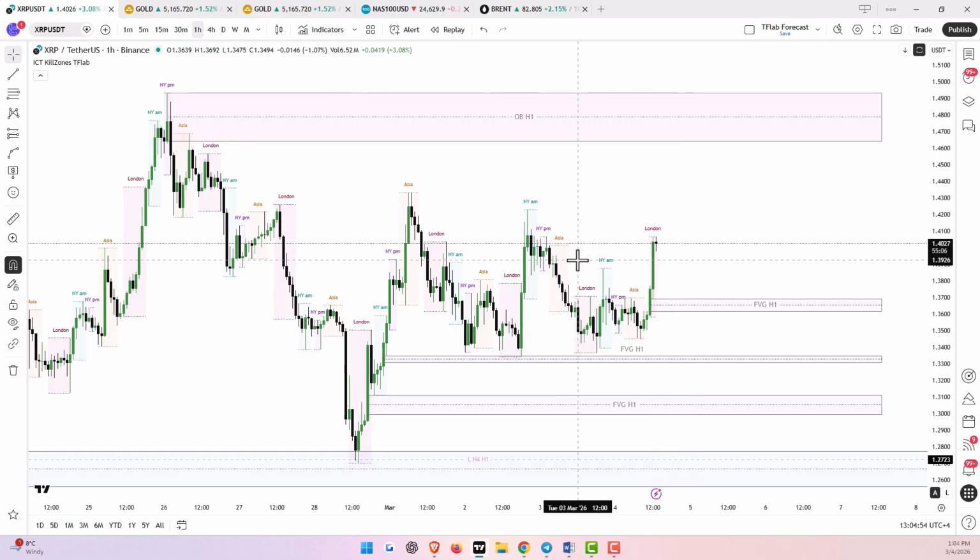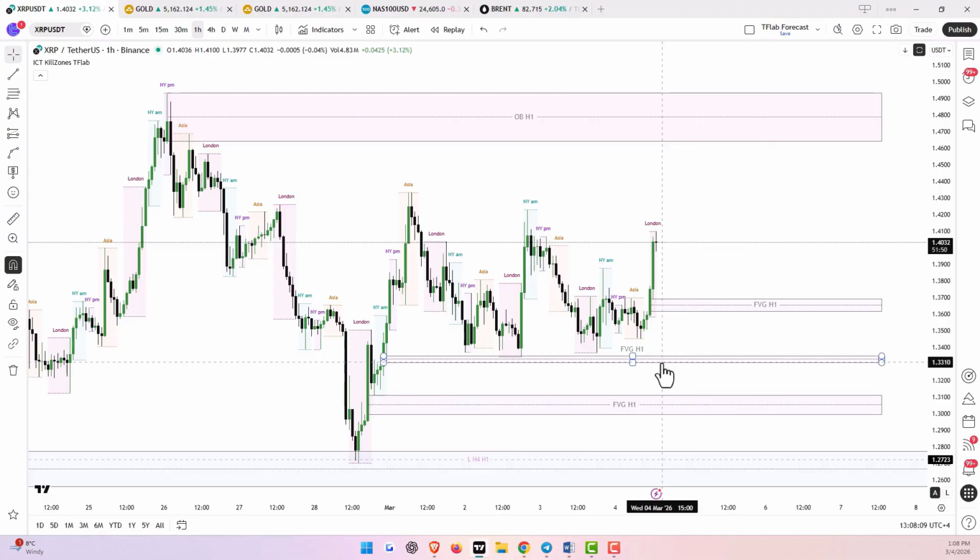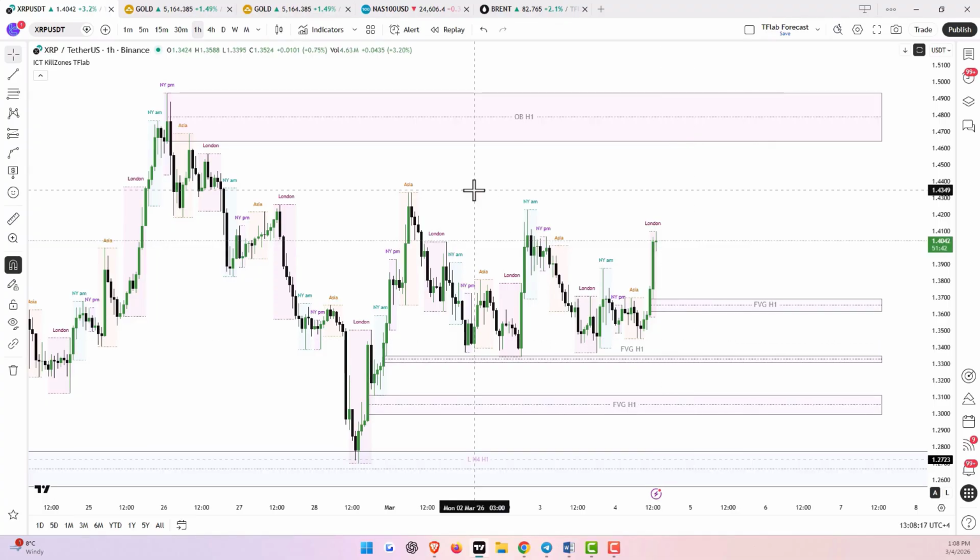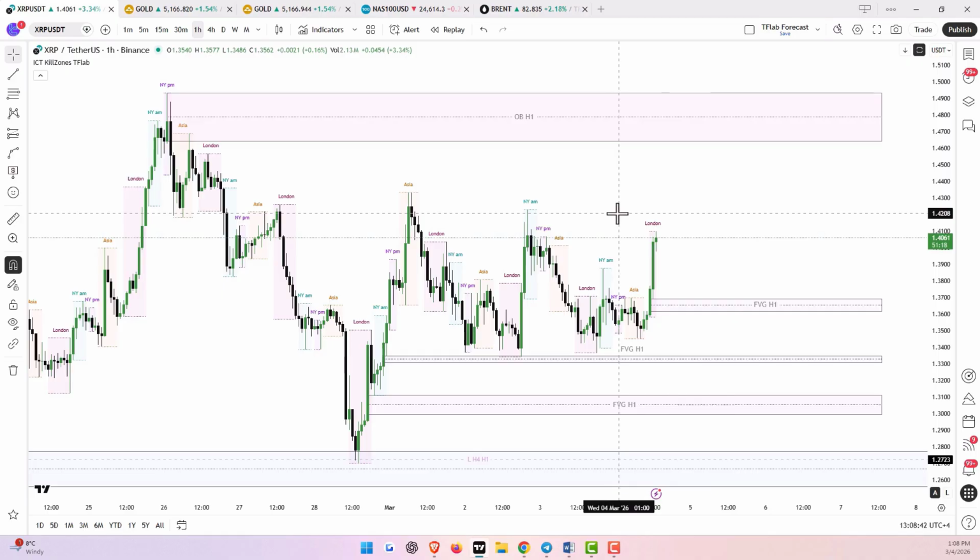We are currently analyzing the 1-hour time frame. We can see that the bullish candles that have formed are much larger and stronger than the bearish candles. However, at the same time, the ongoing military tensions in the Middle East mean that there is still a possibility of further decline in the price of Ripple. So, as a result of these factors, we will try to proceed by analyzing the various liquidity accumulations.